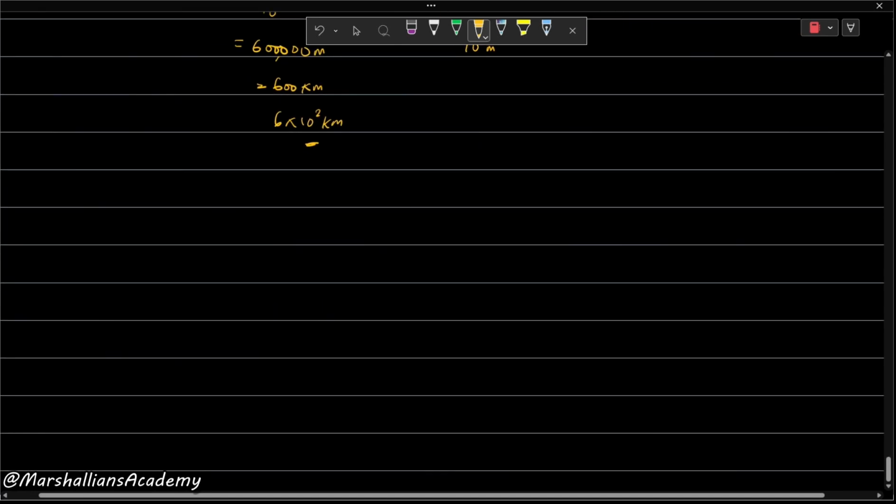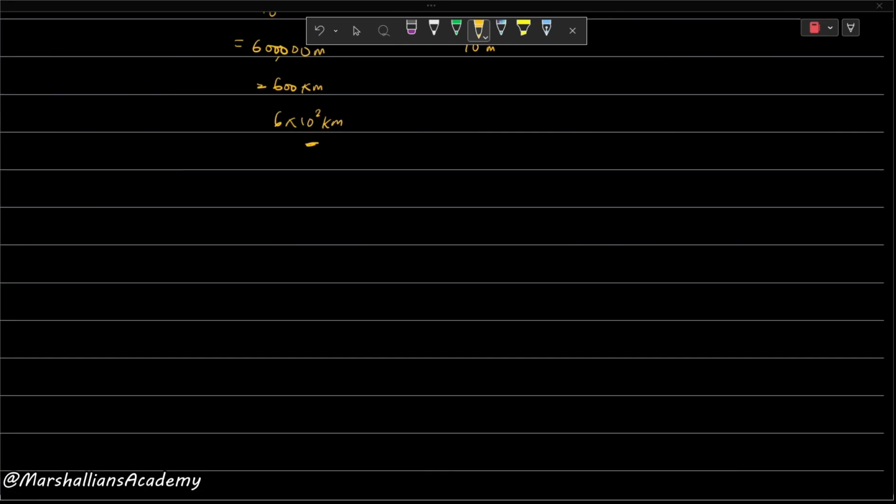So we could go on and divide. And if we go on and divide, what are we going to have? Or is it divide? We are multiplying, my bad. So the distance is going to be equal to 2 times 10 raised to the power minus 3 times 3 times 10 raised to the power 8. I'm going to have 2 times 3 to give me 6. And minus 3 plus 8 is going to be 5. So I have 6 times 10 raised to the power 5, which gives me 6,000